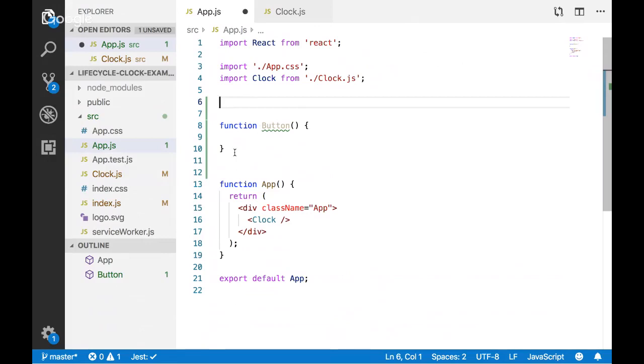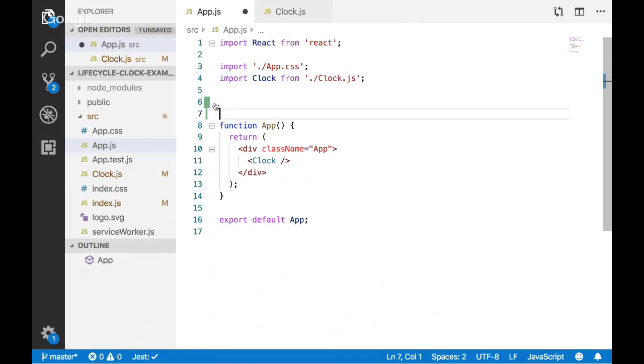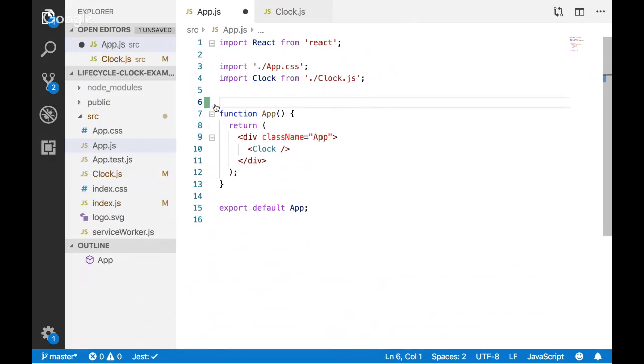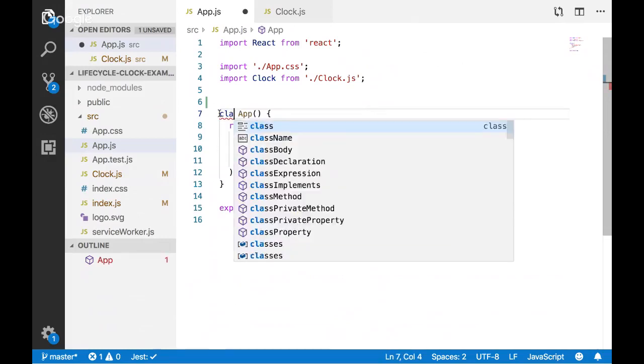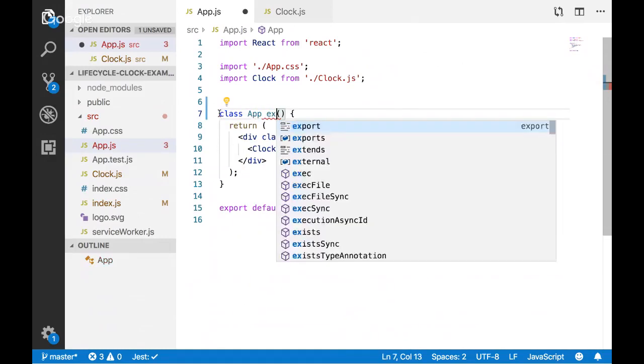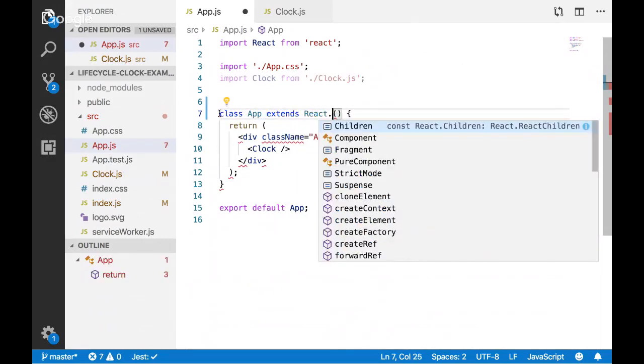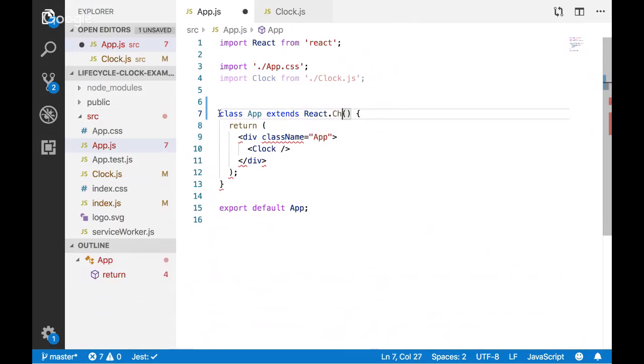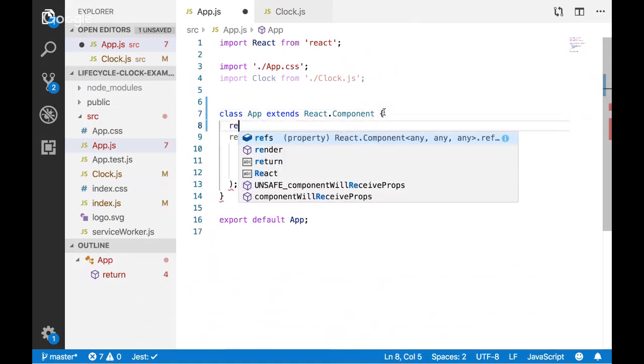Nope. I'm not even going to do it this way. See, I still have the state problem. I need it to re-render. So what I'm going to do is change my app to be a class. So class App extends React.Component. Oops, it doesn't have this. This goes inside of a render method.